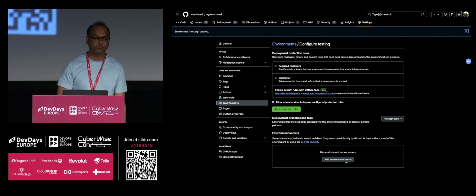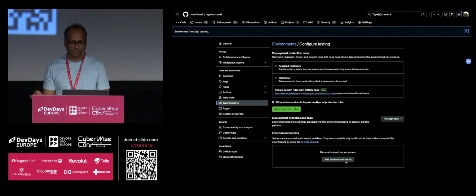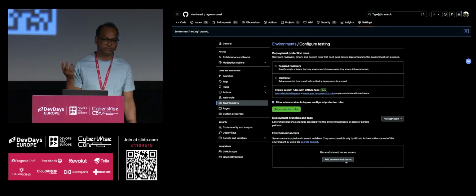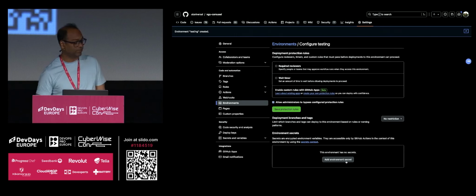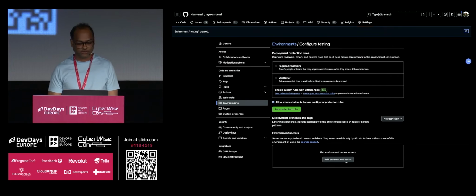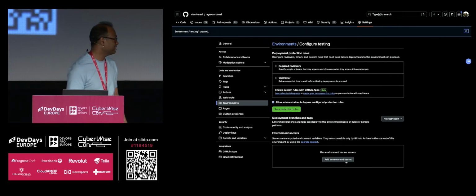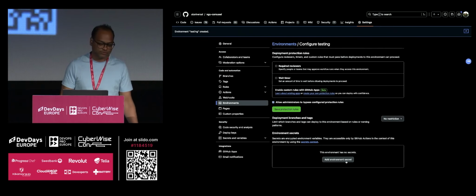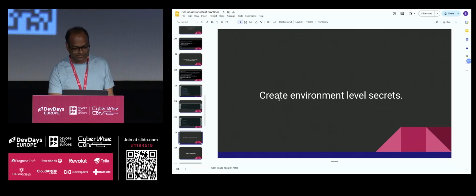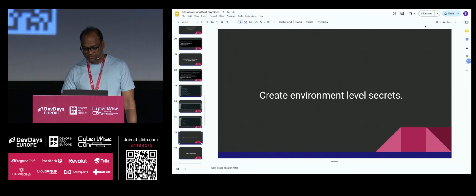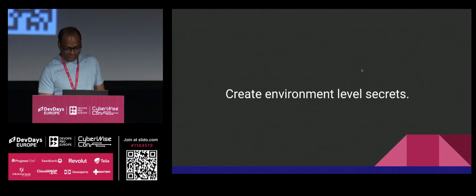So for example, if you need a secret for publishing or pushing your artifacts on AWS, which is only required when you're releasing things, for example, production. So you can just add the environment secrets for production, not the global one, right? Or at the repository level or the organization level. I mean, you should not have secrets at org level unless you need it, but just be careful, because we all make mistakes, right? We are human.